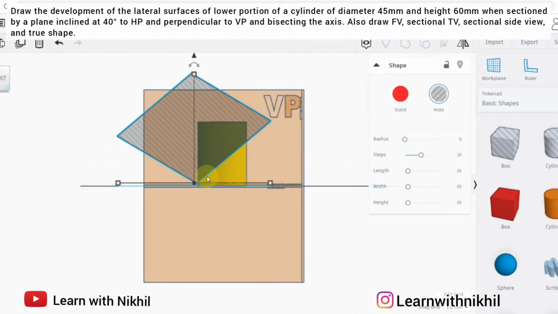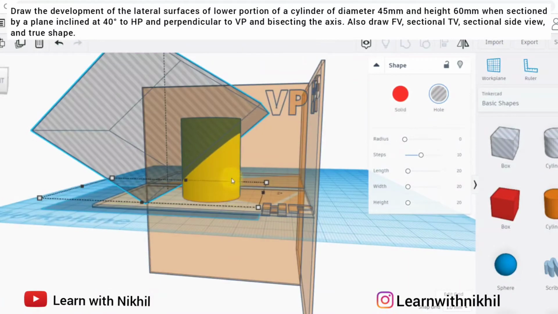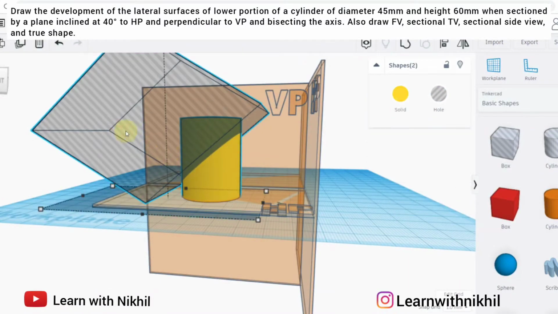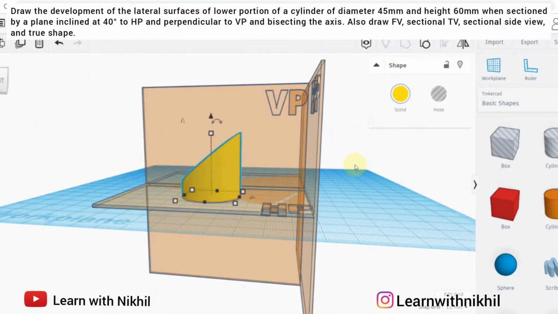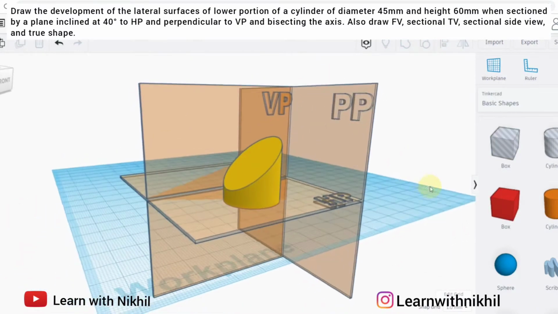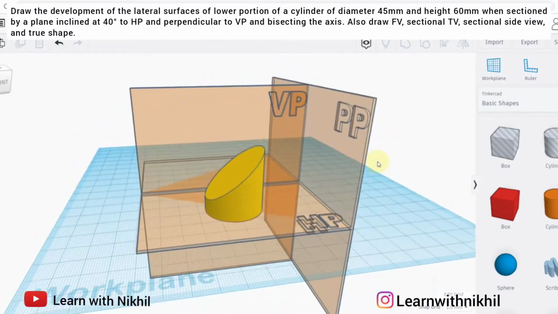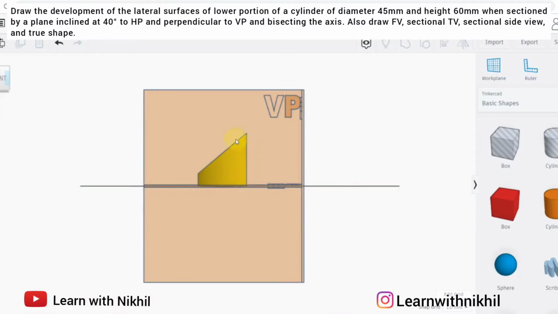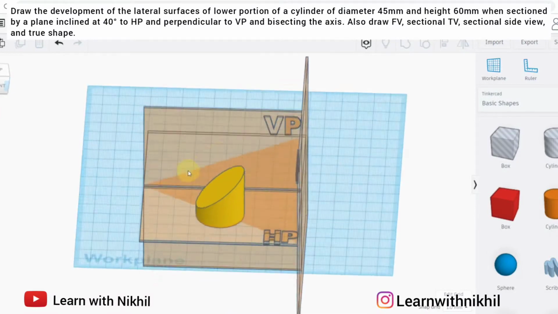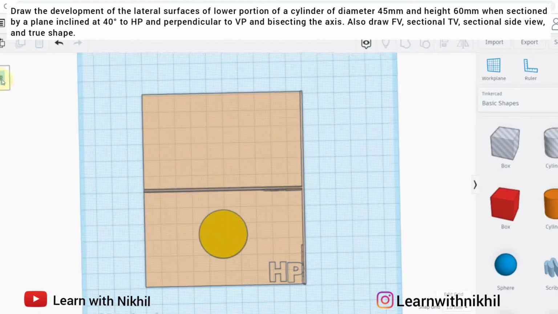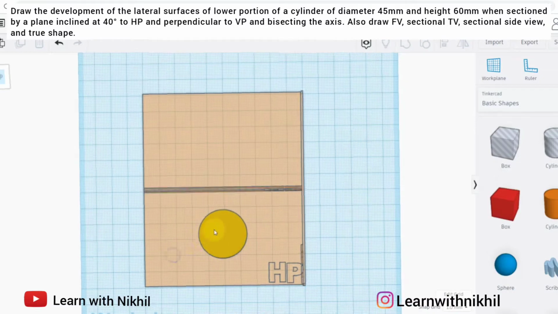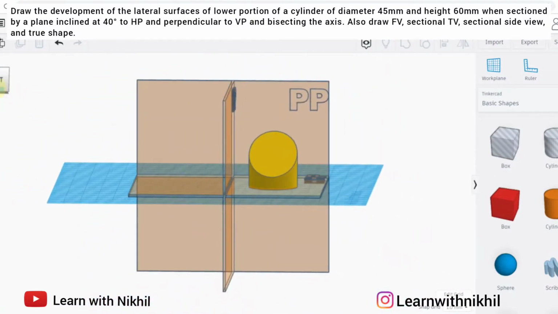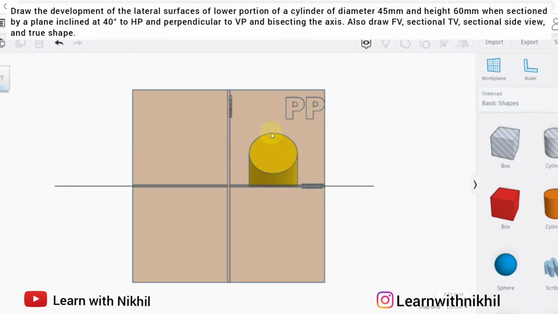So it is passing through the center of the cylinder, that is the axis, this is the center, and this is at an angle of 40 degree. So this is how it is cut. So this is how the front view will be. This is the top view, circle, and this is how the side view will be after the sectioned part.